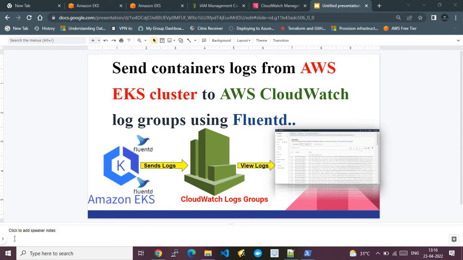Hi, in this video, I will show you how to send container logs from AWS EKS cluster to AWS CloudWatch log groups using Fluentd. As you see in this picture, this is just a pictorial overview of my demo. Here, I will be leveraging AWS EKS cluster, which is a managed cluster. So on top of this cluster, I will show you how we can pass the container logs into a CloudWatch